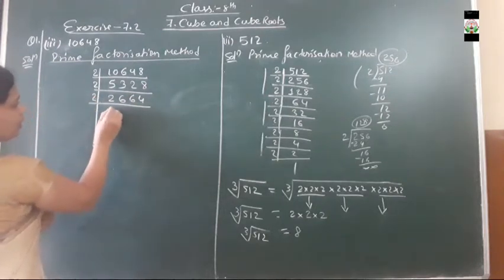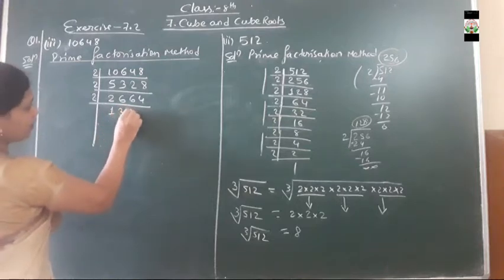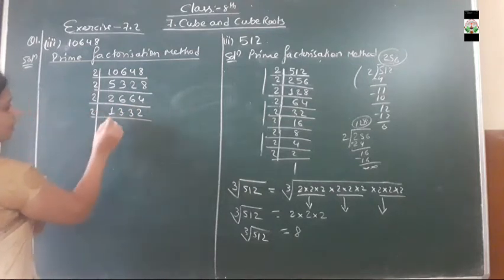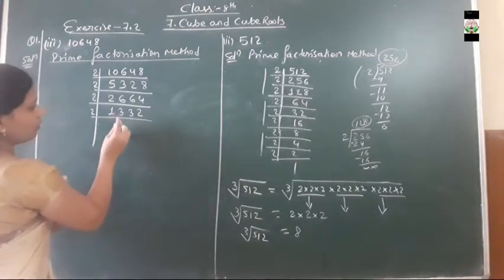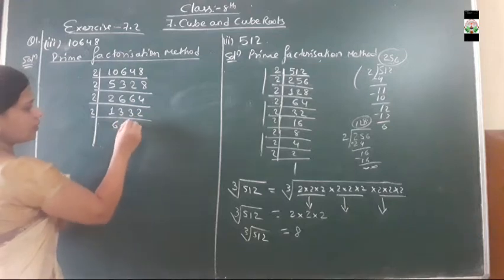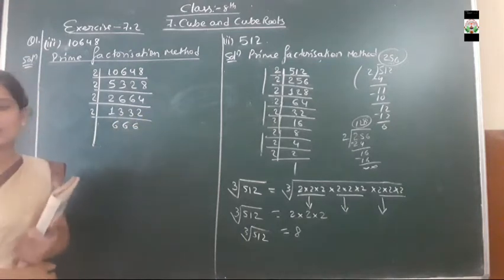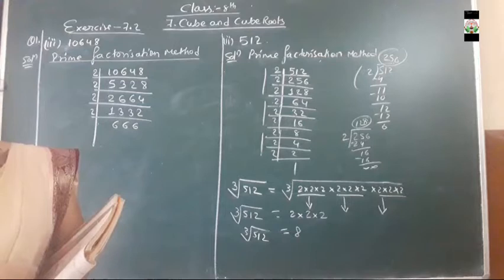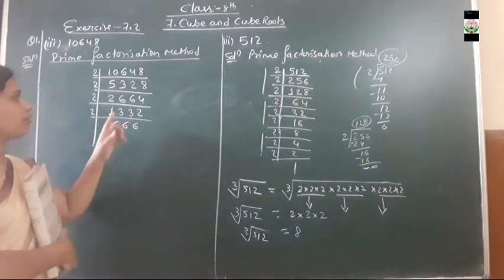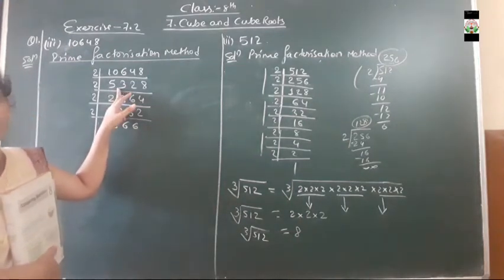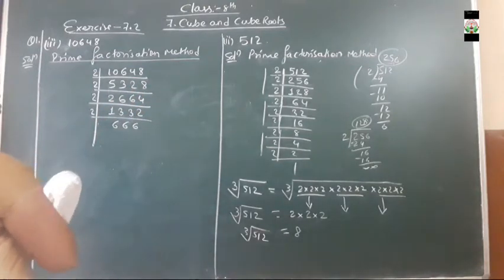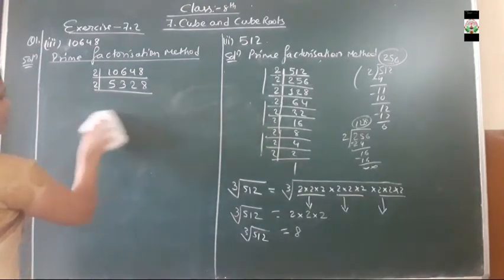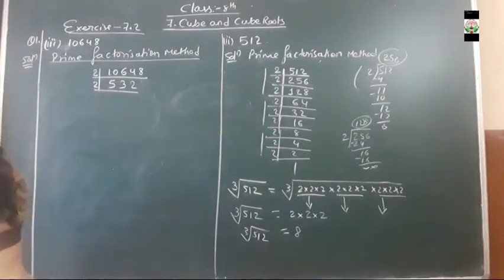Then again 2 here, 1 time, 3, 3 and 2. Again it gets cancelled by the table of 2. 13 will come 12 times, that is 6. Carry 6, again 6. So here 3, 6 are coming over there. We can see that. What is the number? 5, 3, 2, 4. So here, students, we had made a mistake over there. Here it comes 4. That's why a mistake is there. We will correct it. Okay.